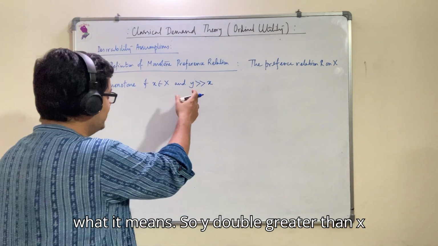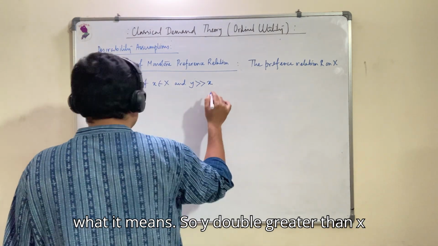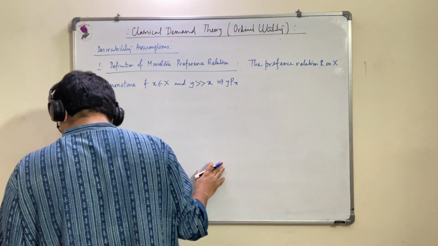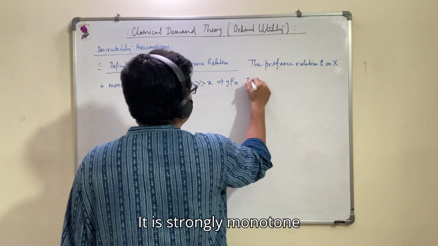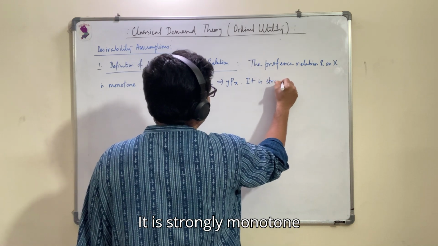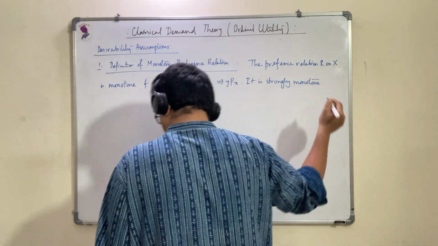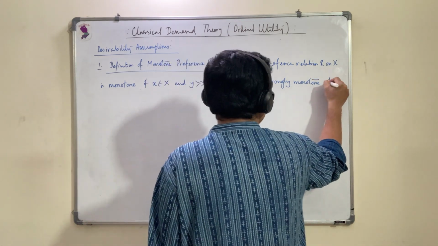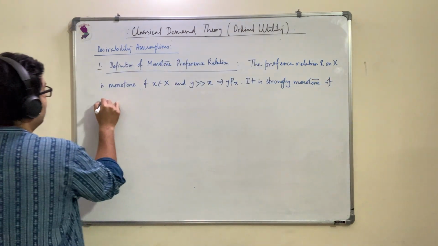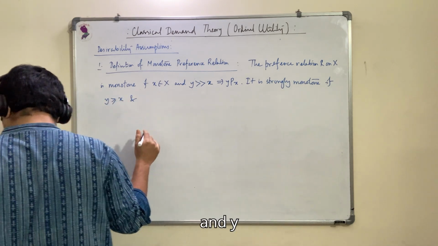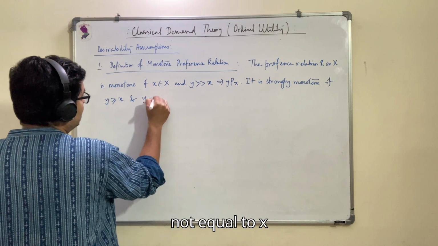I'm going to say what it means. So y double greater than x implies y P x. It is strongly monotone if y greater than or equal to x and y not equal to x